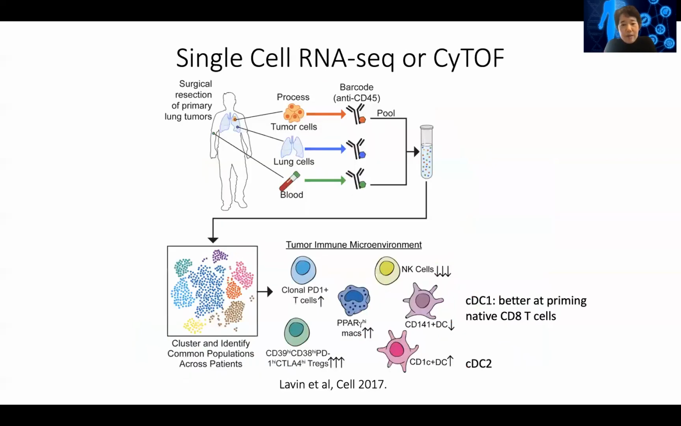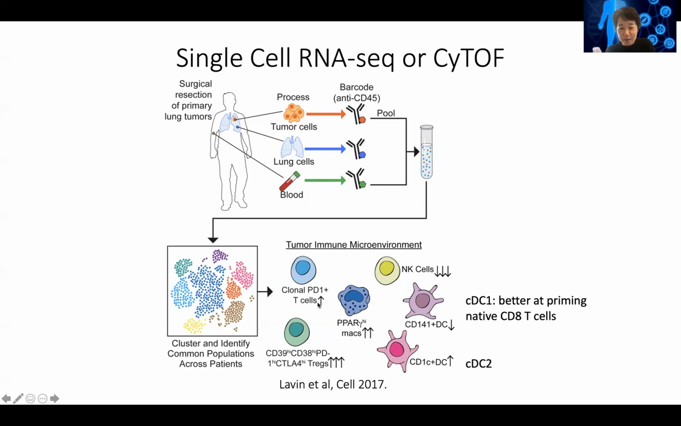And so you can see this is just one example of another study looking at single cell. You can do either single cell RNA-seq or CyTOF. They are looking at lung cancer, and they use specific antibodies to enrich for specific cell types. And then they do the single cell profiling. When they look at the changes in normal lung tissues versus lung cancer, they can see the microenvironment really changing. For example, they see that there are clonally expanded PD-1 positive T cells,